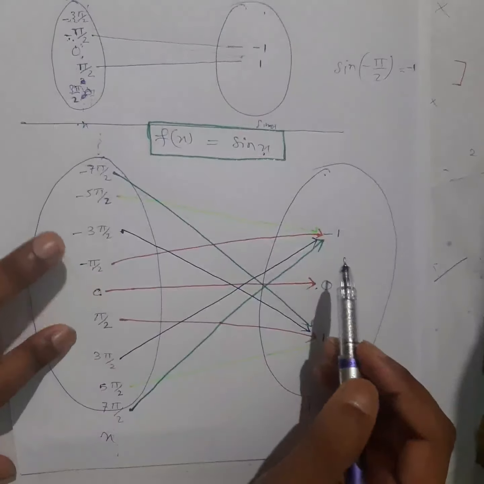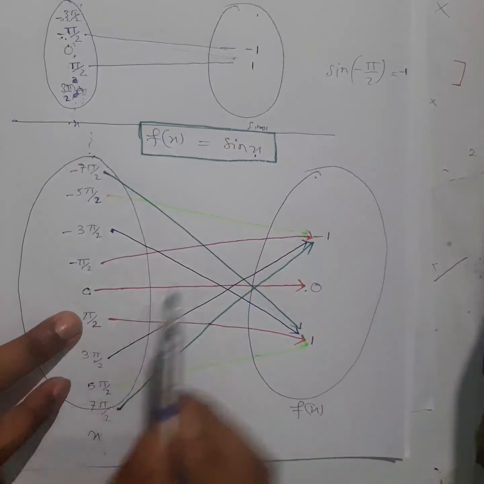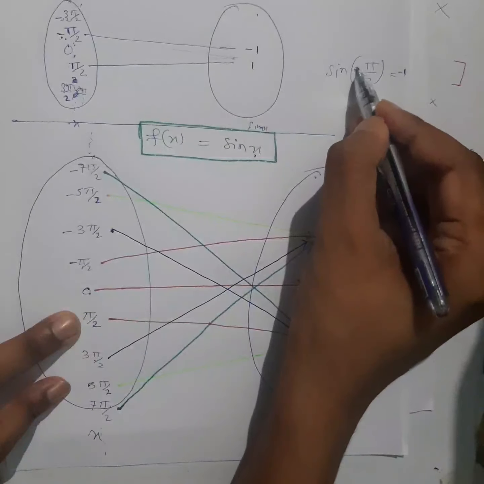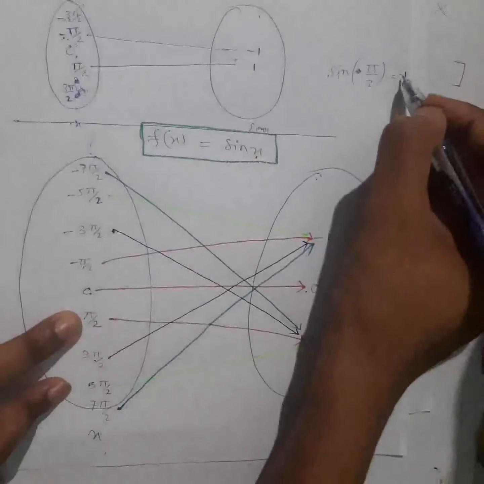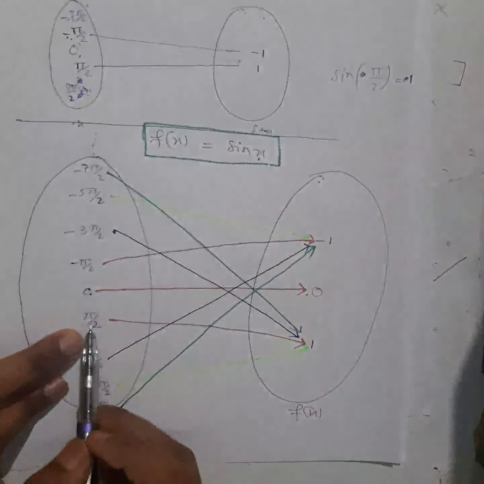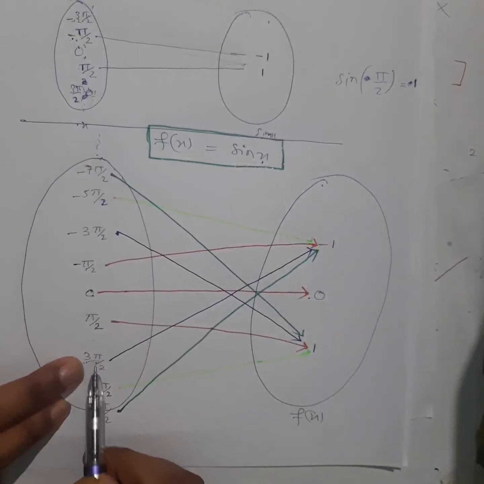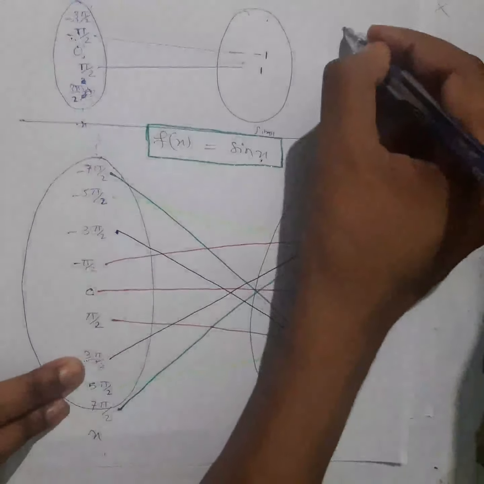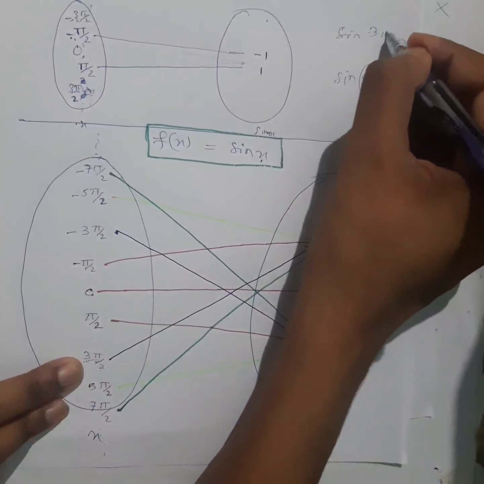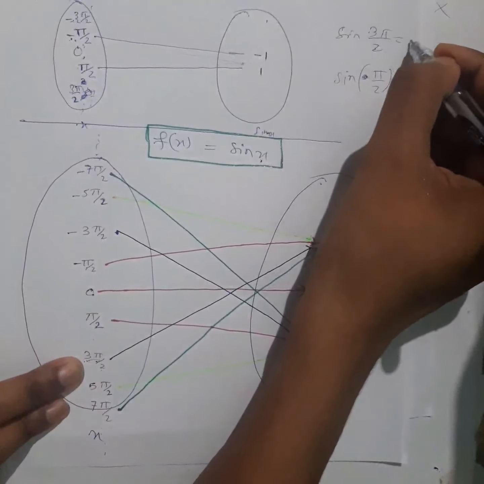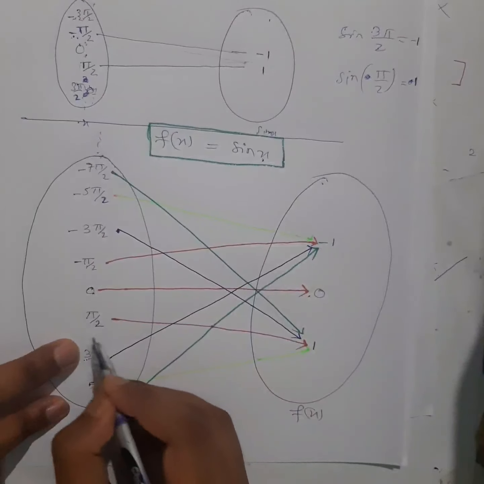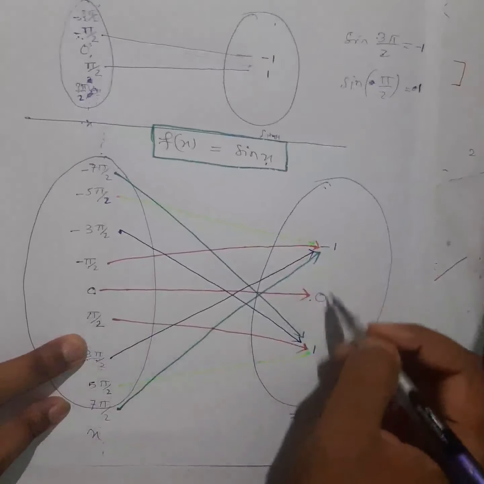Next, if I take pi by 2, I will show this with the help of a graph also, it's very interesting, and why it is called a function also. So if I take pi by 2, then you will get how much? Positive 1. In this way you keep on moving, and you take 3 pi by 2. If you take 3 pi by 2, you will get minus 1. You can check, find out the value. Sine 3 pi by 2 equals minus 1. And if you take a value between pi by 2 and this one, you will get a value between minus 1 and 1.